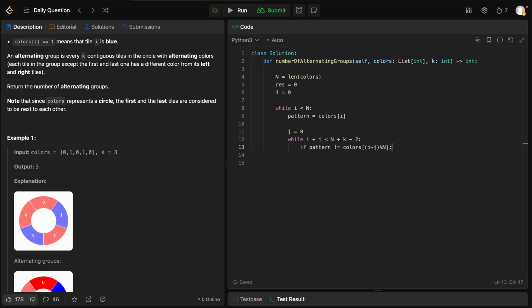If this is not equal, I have to update my pattern and go to the next one. Okay. And when I do the maximum,